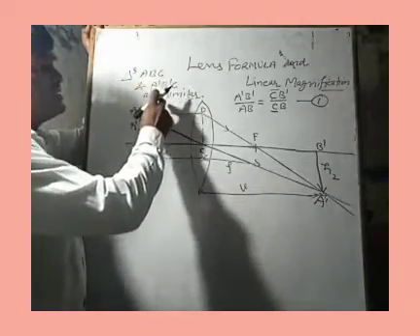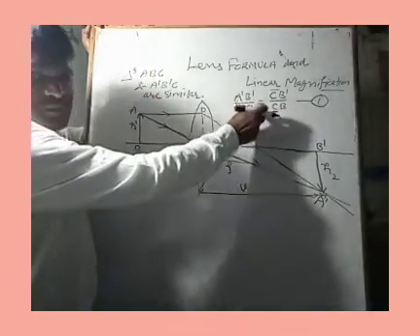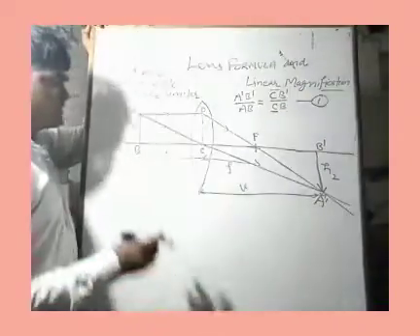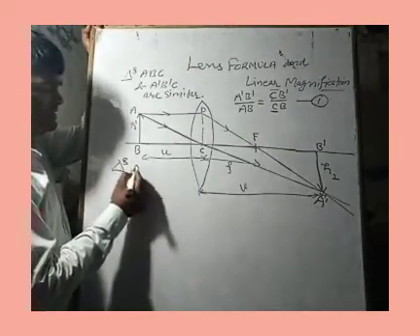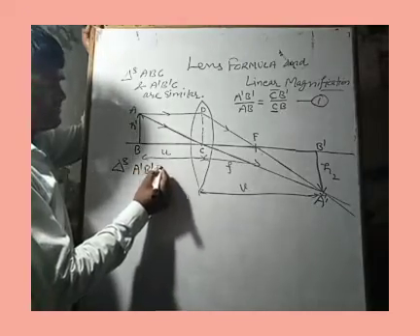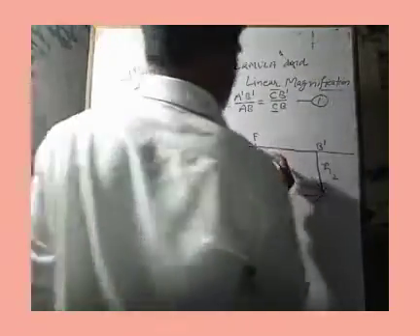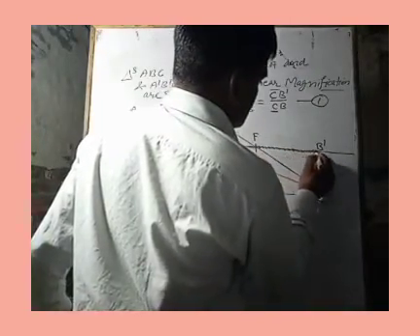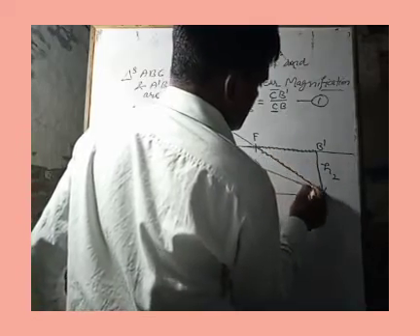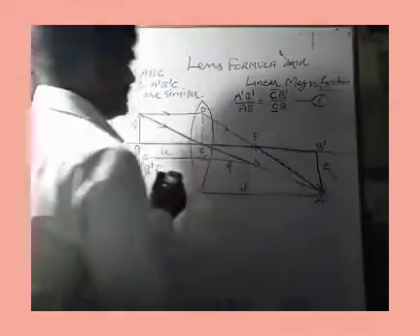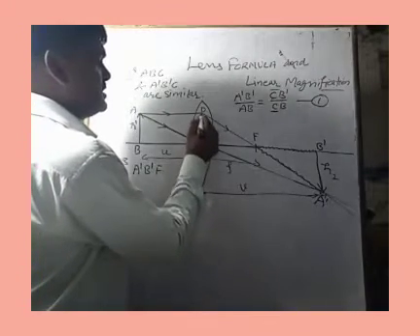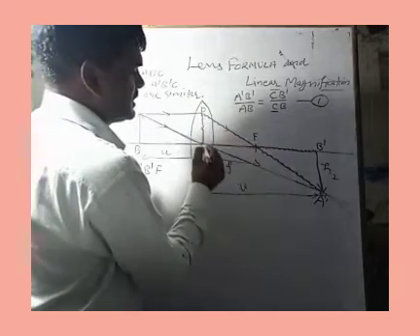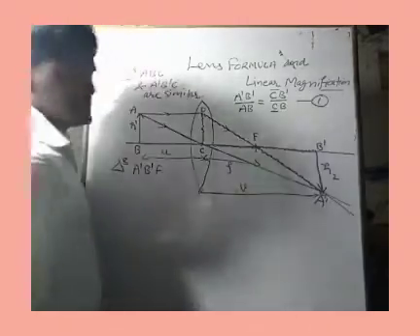Then from these two equations we have reached up to that equation. Let's find out the second set of triangles. A dash B dash F, this one I'm taking here, and this CDF. Another triangle I have shown with this line.